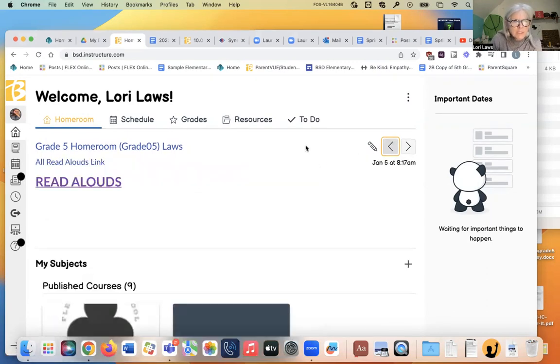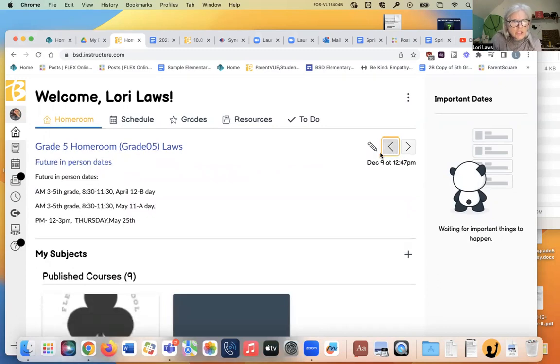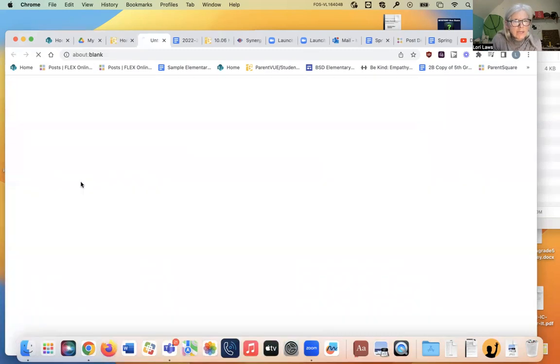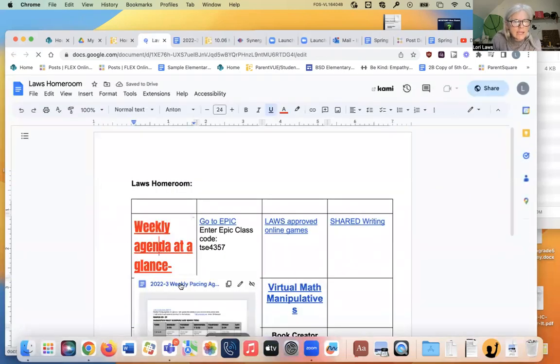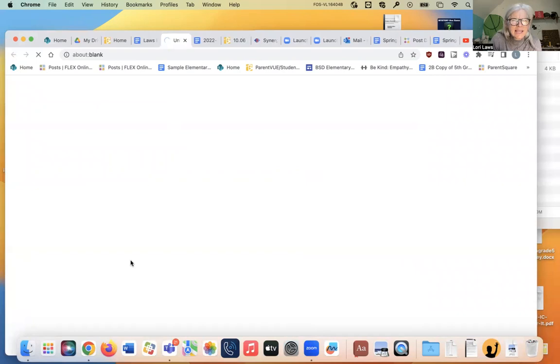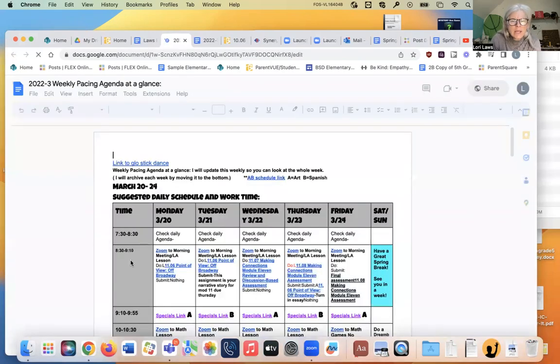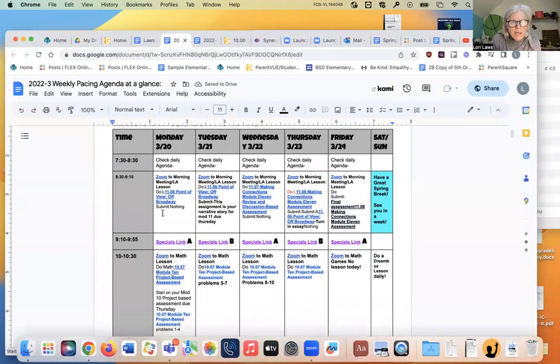When you click this button up here at the top, we get to read alouds. And finally on this page, we get to all links. When you click on that, you can get to our weekly agenda at a glance, which I like to use because I like to see everything that's going on. Here it shows you what's happening with Mod 11, and then submitting your assignment. Here's the Mod 11 submission down here. On Wednesday, we'll do a review, and on Thursday, you don't have to talk to me on this one. You can just do the review, but you don't have to submit it. And then on 11.08, it's the end of Mod 11 assessment, and you're done with Mod 11. So that's all tied up neatly for spring break.